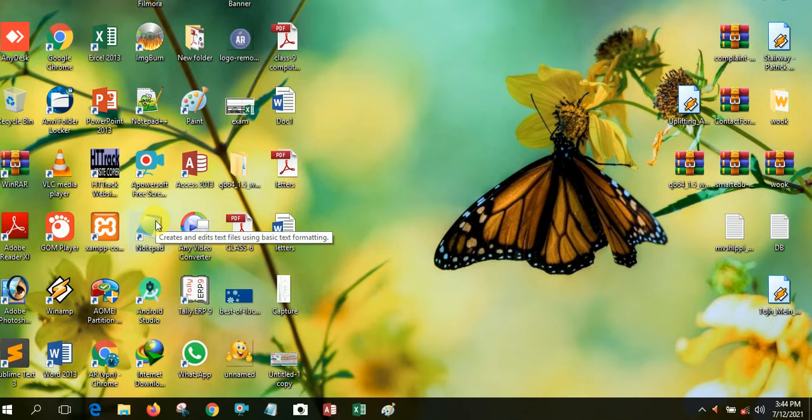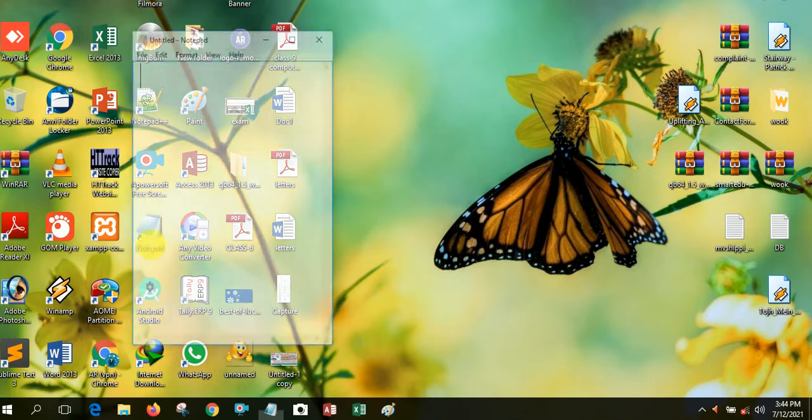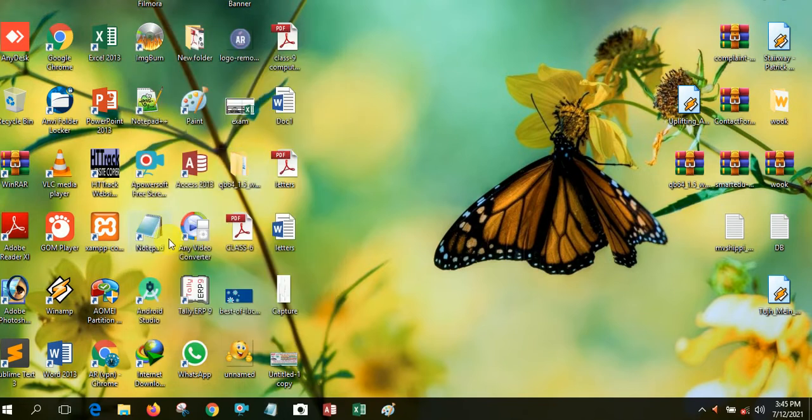Without a mouse you cannot give instructions to your computer. So you can see Notepad, this one is Notepad. When I open Notepad, without a mouse or a keyboard you cannot open this application in our computer system.